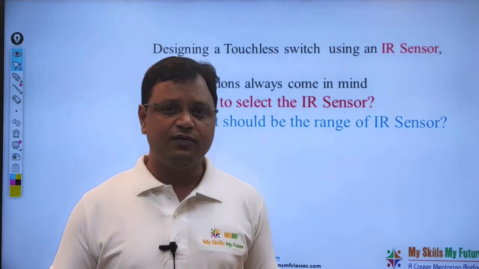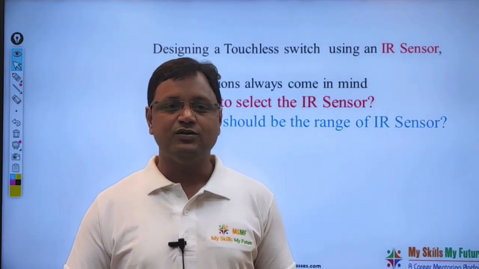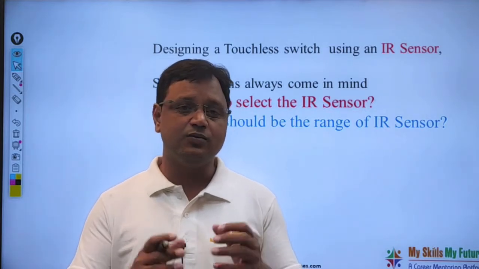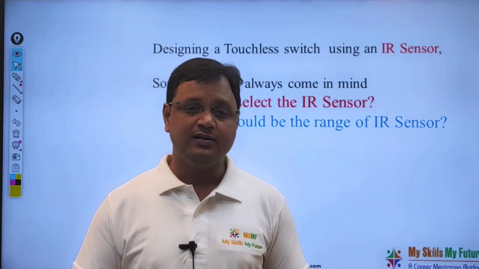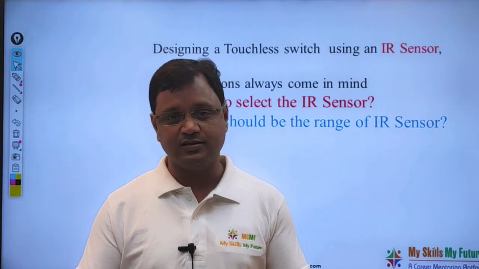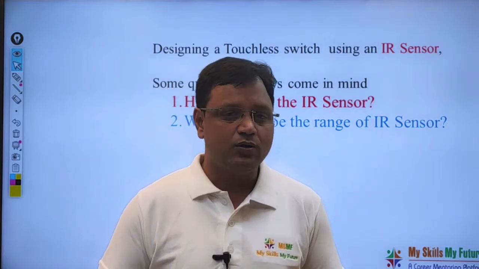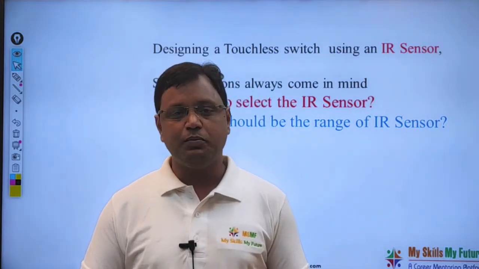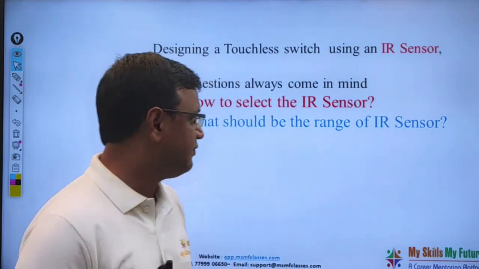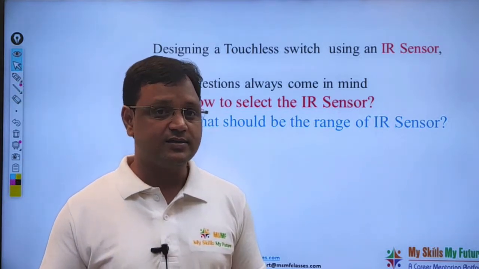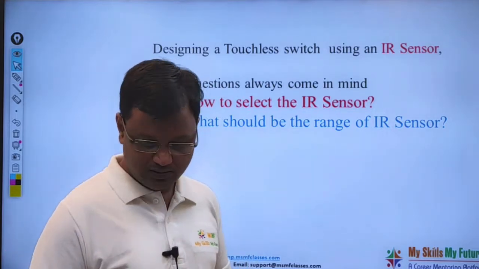So what do we do as the first step? Whenever somebody asks us to design something, we start Googling about the sensor. Whenever we type IR sensor in the browser, Google opens a number of different types of IR sensors, and a number of e-commerce websites are selling those sensors. And we again get confused and puzzled about how to select the best one for the project. So many questions come to our mind, but I have selected only two questions that I consider very important. The first question is how to select the IR sensor. The second question is what should be the range of the IR sensor based on our application, right?